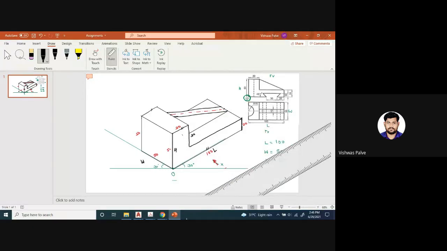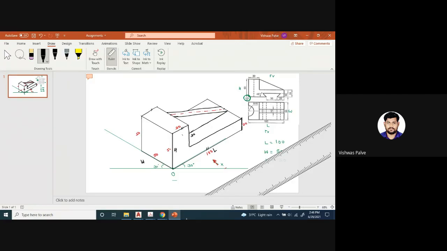This is the change in the surface, right? Here the surface is vertical, here the surface is horizontal. Whenever there is a change in the surface, you have to show a dark line. That line I am representing. And this is that rib. If I want to draw the top view of this, you will get somewhat like this. Now this is the completely reverse of orthographic projection.